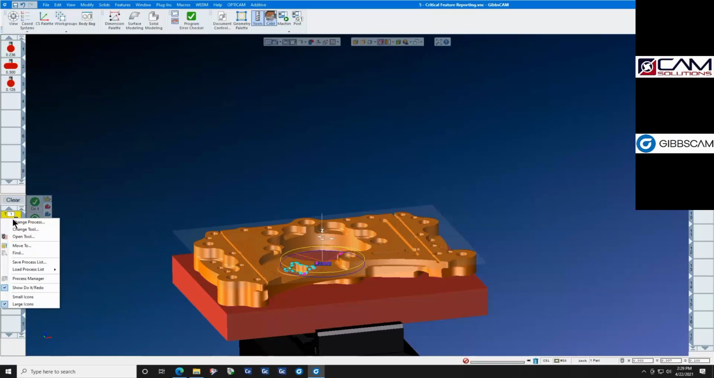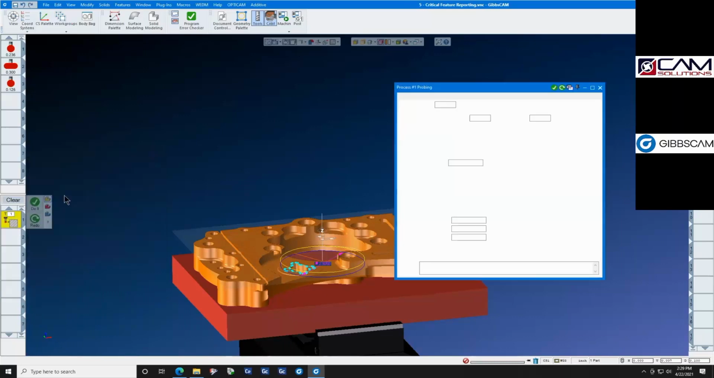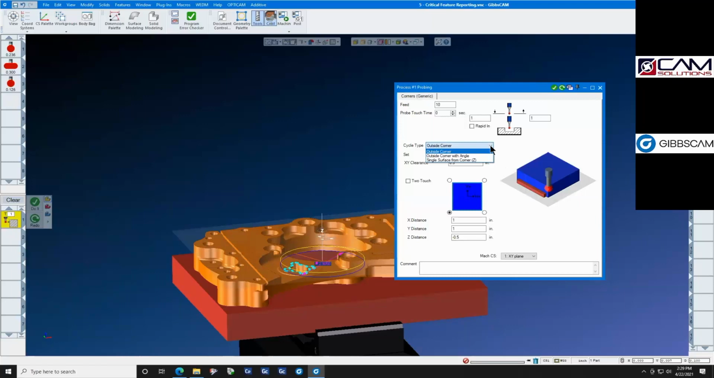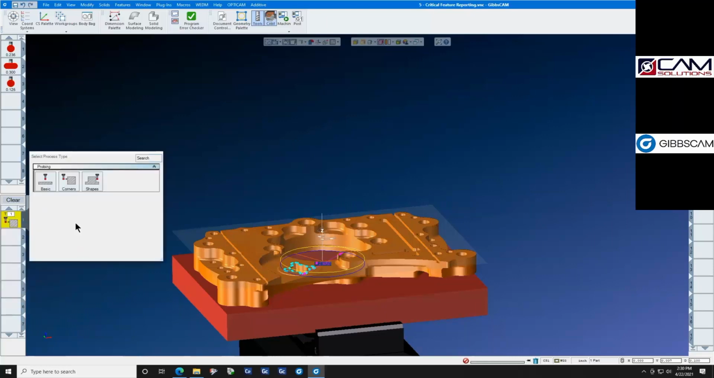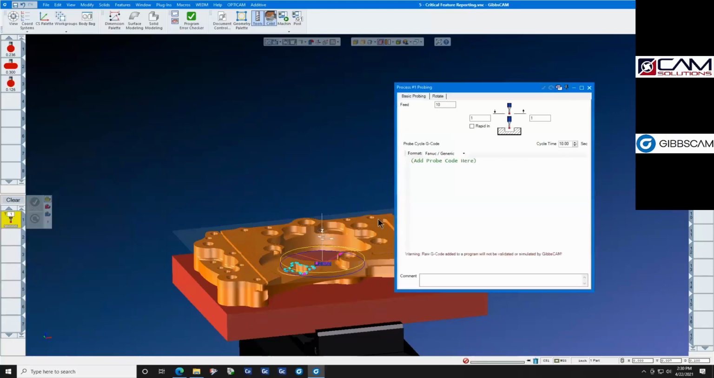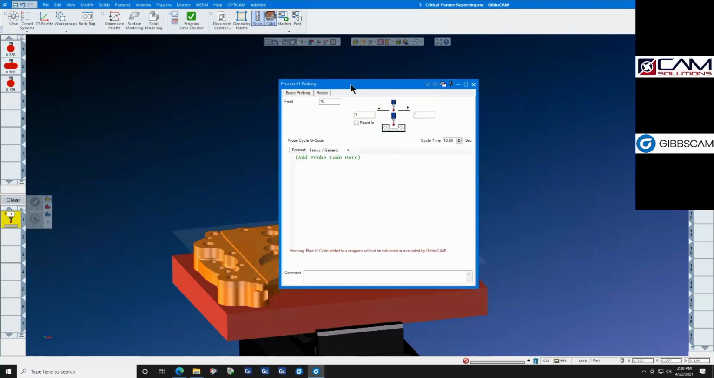look at the corner cycles that we have for corners. Outside corner or inside corner or single surface from corner. And wait just a minute, did you see another button lurking over there? The basic probing. What is this all about? So you may have already created at your own expense a number of very high level macros for probing that you want to continue to use. And you can simply paste that code here, whatever that probing code is,